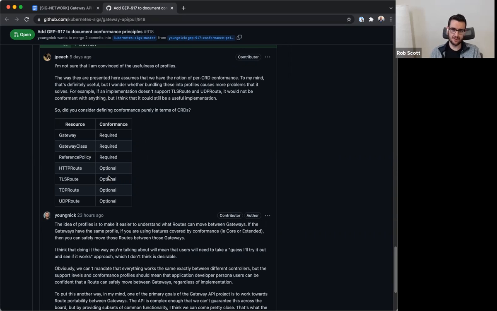They either do a little bit more or a little bit less. And so maybe there's room, as an extension to this, to say, if you don't fall into a conformance profile, here's how you can programmatically describe the resources you support or something like that. I'm not sure. That's just thinking off the cuff here.